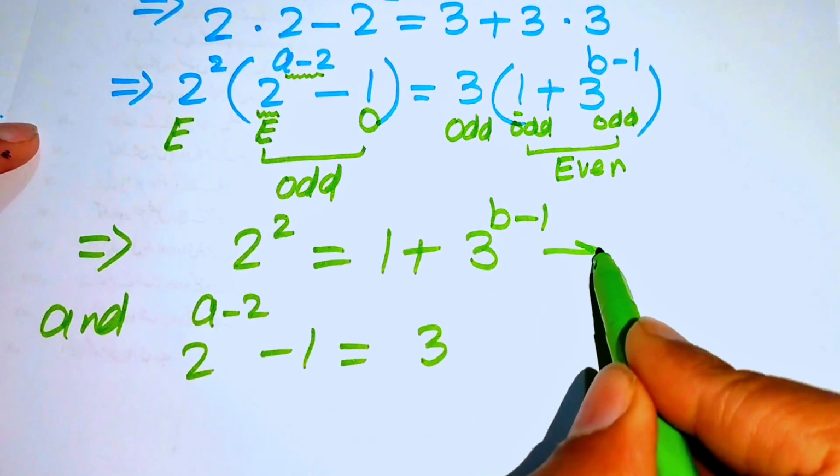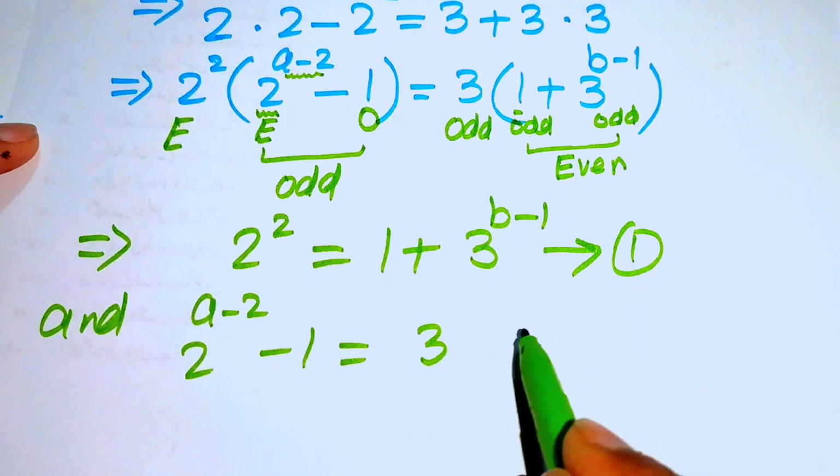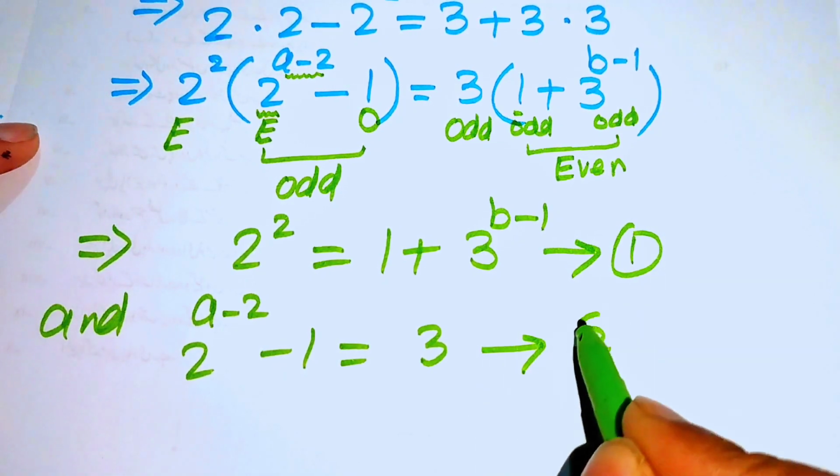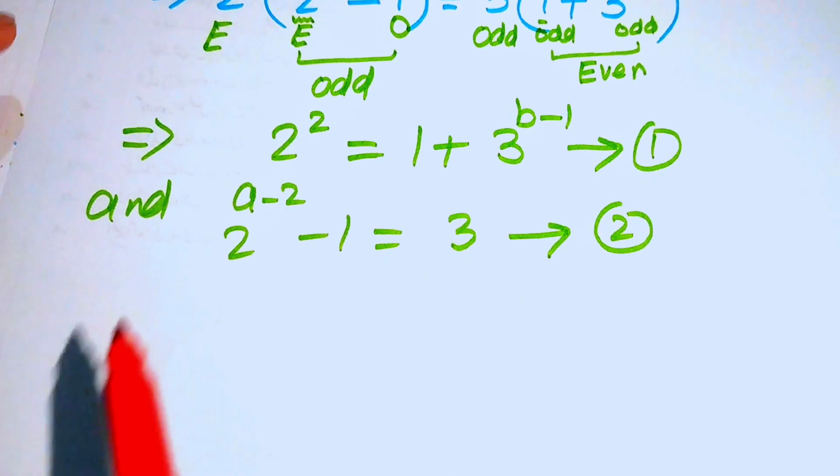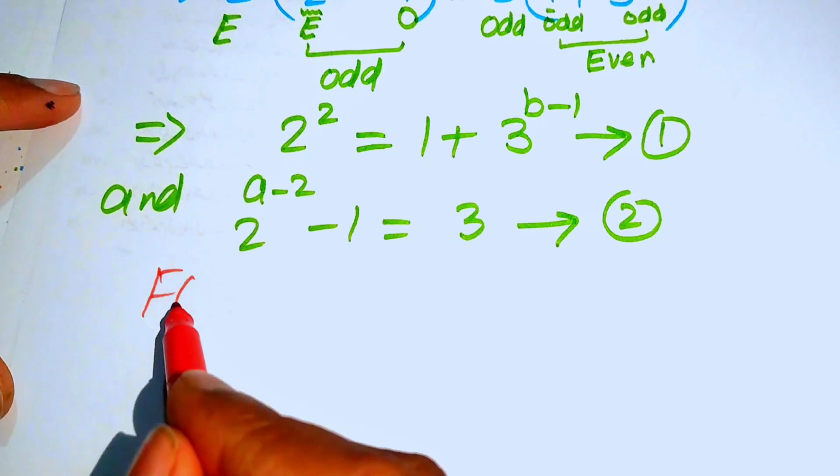Here we call this equation number 1 and this equation number 2. And now we will solve these two equations simultaneously. First we focus on equation number 1. So from equation number 1,